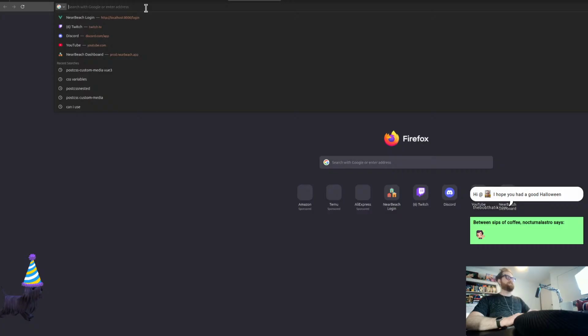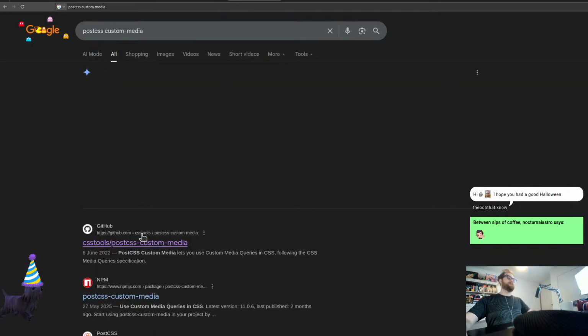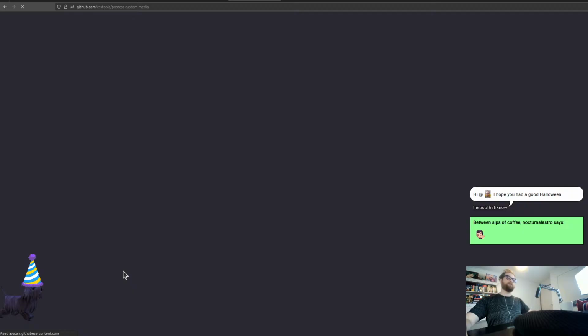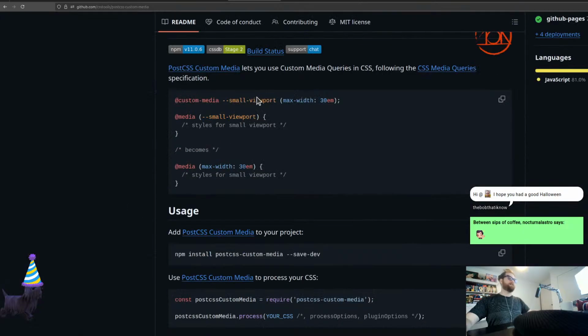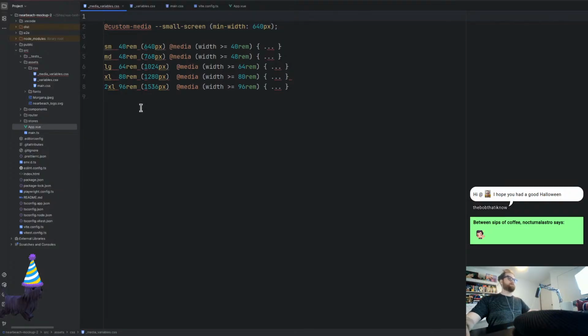So this would be post CSS custom media. Let's see how they set it up again. Talking about bad memory, I've absolutely forgotten how they like it. So it's, and then they've got it like that. All right, so if we have min width and then we set it at 640 pixels, what I'm going to do